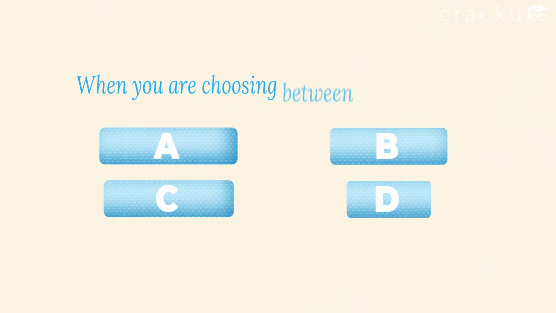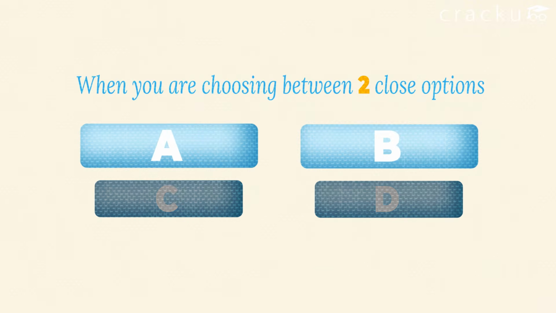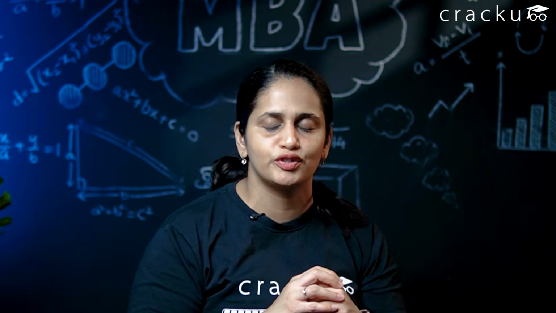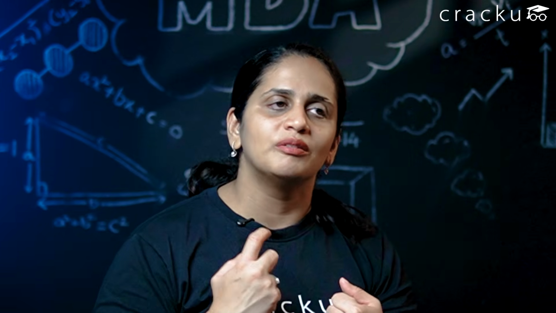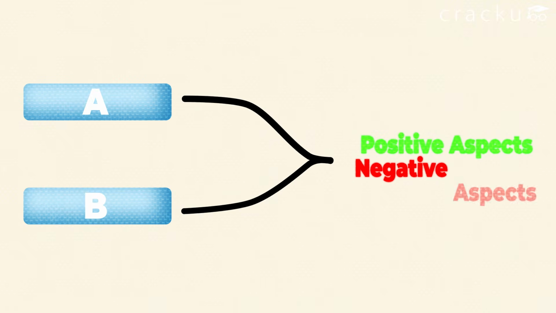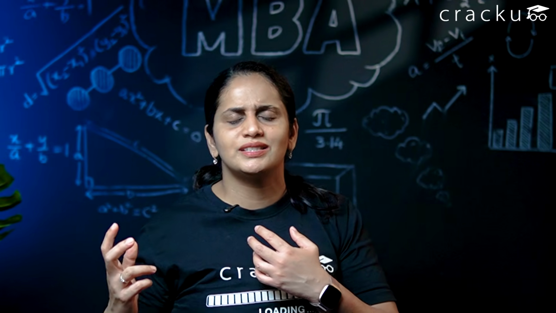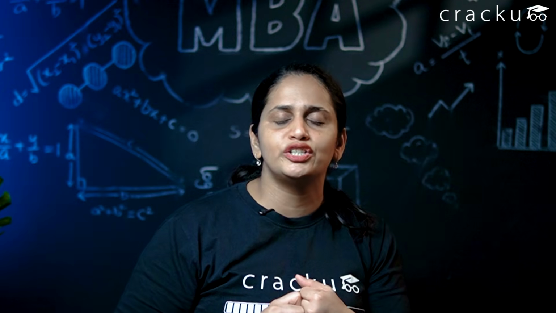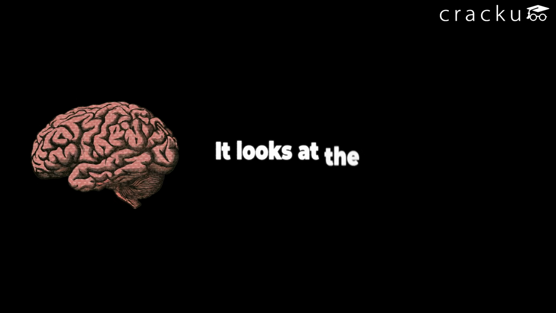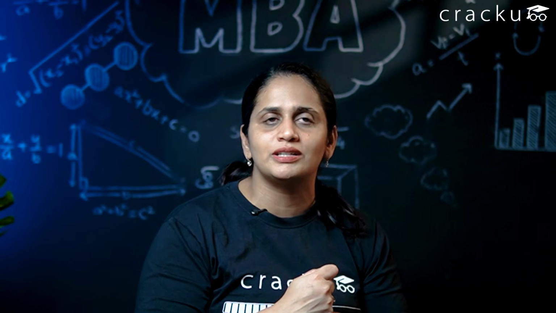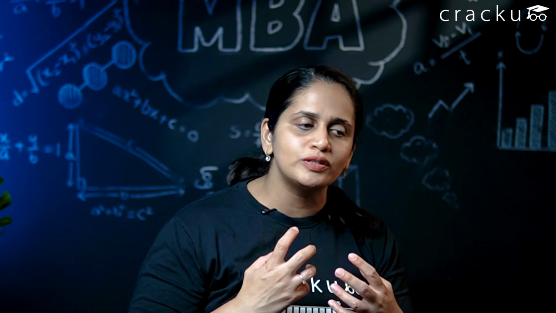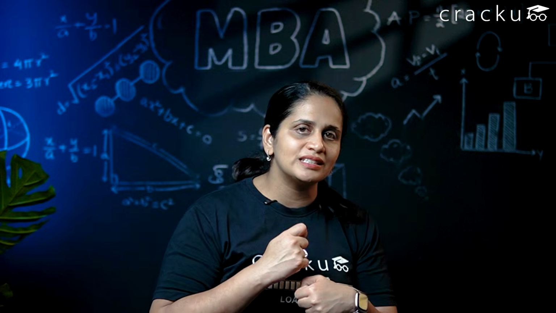See, the idea should always be that when you're choosing between two close options, firstly, eliminate all the other possibilities that you have eliminated. Just focus on the two options that you have chosen. Now, the reason for this confusion often is that both options have some positive aspects, things that you agree with, things the correct option should have, and some negative aspects, maybe some things that should not be there, or things that you're not entirely sure about. So the reason why your brain gets confused is that when you focus on the positive aspects, you read them, you feel that this is a viable answer. It feels confusing because both seem viable answers. So this is the reason for the confusion.